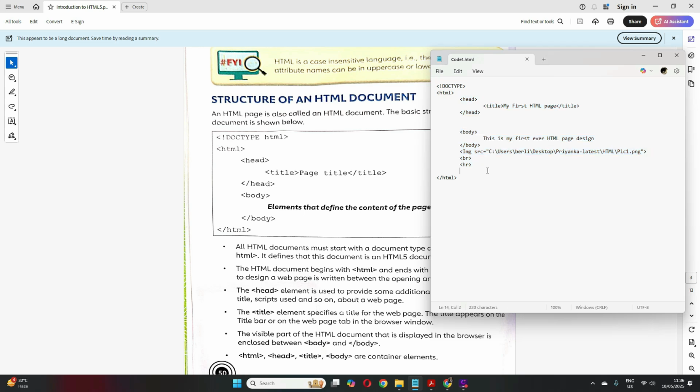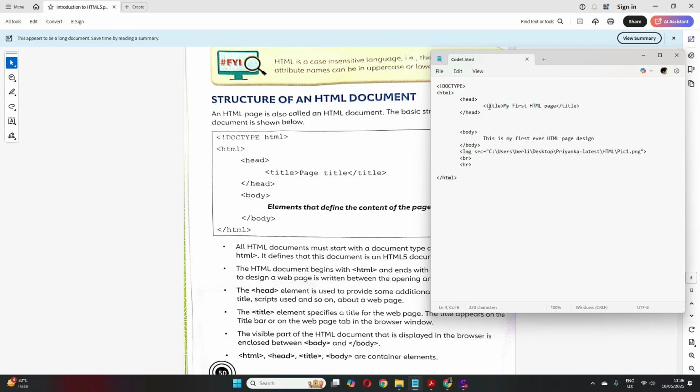Clear? Now we have two important elements, the head element and the body element. The head element is again a container element because it has a start tag and an end tag. Similarly, body is also a container element, with a start tag and an end tag. The head tag will include your title, the script and all that.